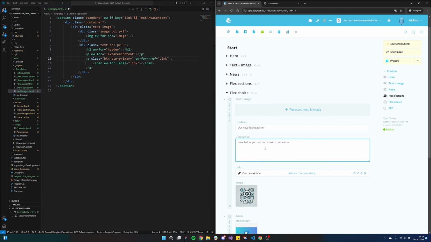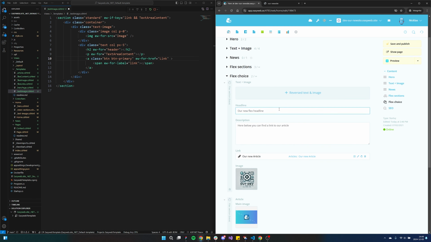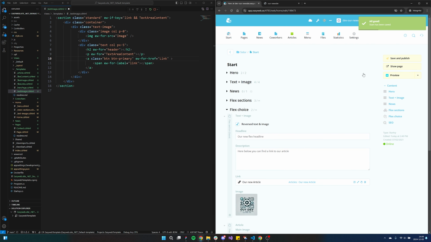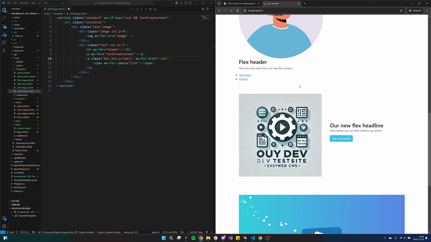Now if we scroll down, we can see here at our flex choice that we have a possibility to add reversed text plus image, and that creates a little checkbox that we can check or not. So let's check this box and save our page. And now this won't do anything at all. So if we reload our page here, nothing is going to happen. But